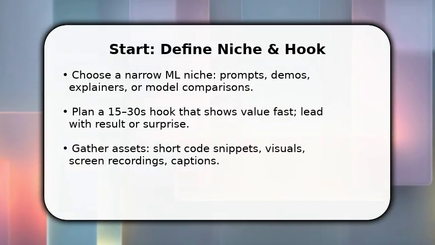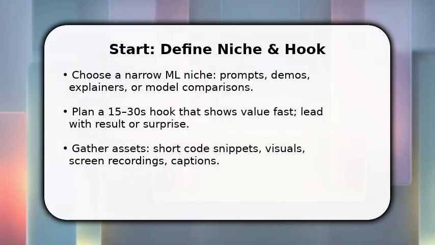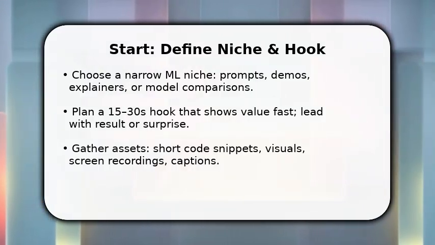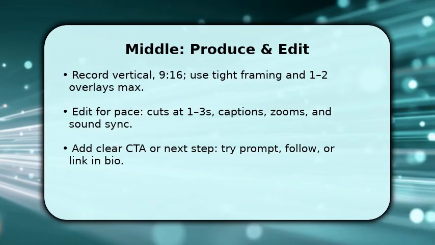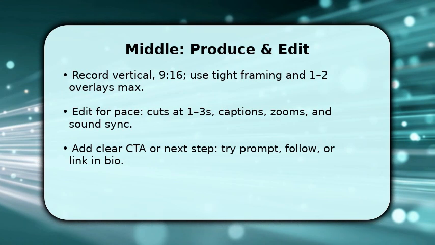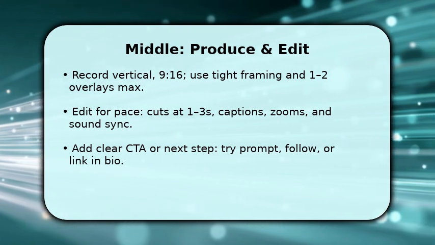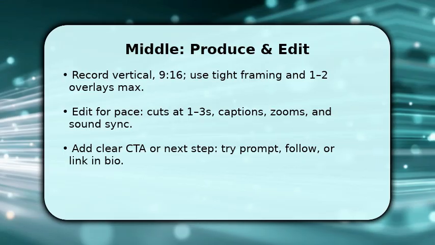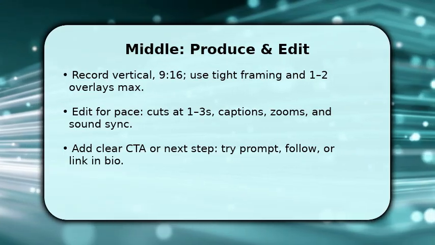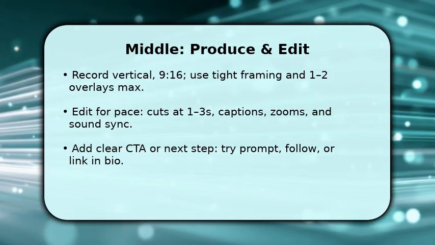You do this because rapid visuals plus clear payoff increase watch-through, which TikTok's algorithm rewards. Now you produce the main content. Film vertical 9-16 clips and capture the terminal or demo window clearly. Then edit tightly, cut every 1-3 seconds for momentum, layer captions verbatim, and add subtle zooms or overlays to emphasize